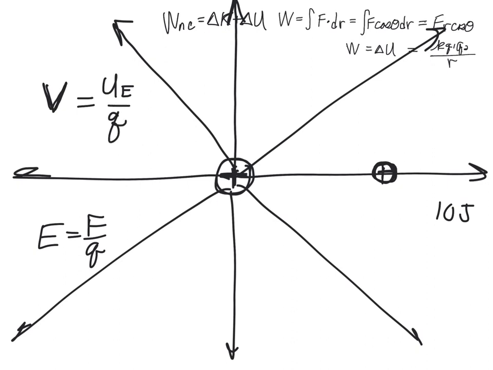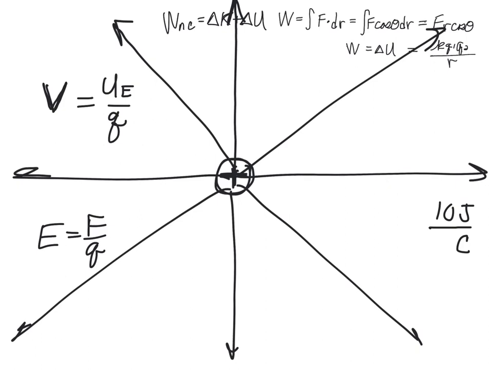So if I take the 10 joules and divide it by the 1 coulomb charge, I get 10 joules per coulomb. If I take the 20 joules of the bigger charge and divide it by 2 coulombs, I get 10 joules per coulomb. So if I take the charge away,